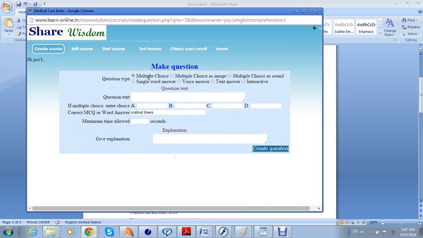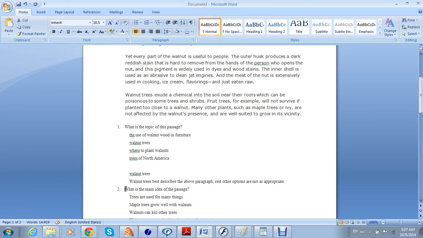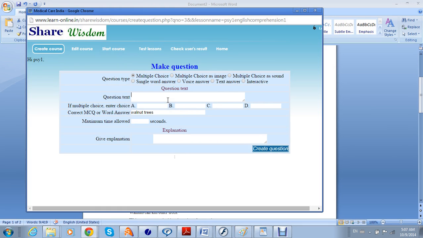Again, the previous was multiple choice. The previous default choice is remembered by the computer. It has to be changed. It will be all these options. You have to click this, all. Now another question: go to the document again, and the second question you have to just copy here. I'll do it quickly now. Delete this. The options are